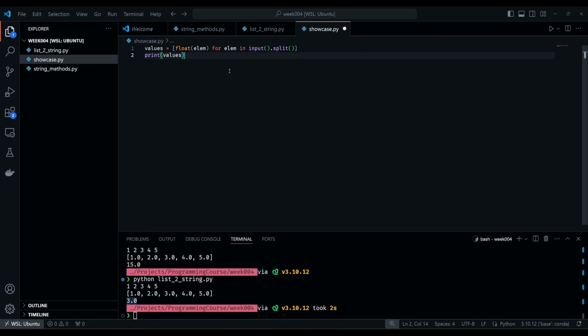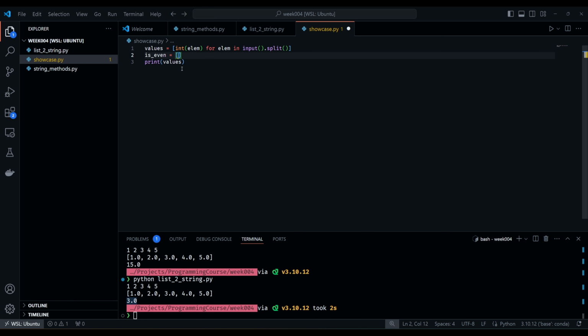So I want to again read something from the input, but now I will convert it to the integer, and then I want to measure, just as an example, how many integers I have inside of the list. And I will show you how we can achieve it through the sum function. So this is our values. We converted them to the integers. And now let's create a new list, and I'll call it is_even. And now I just need to check that the element is even. So to do it, let's check that